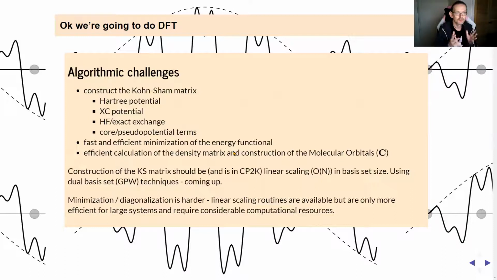Once you've got that, you can calculate forces, either analytically or numerically, or some mixture in between, which then allows you to move the atoms. So the first bit I'm going to talk about is how the Kohn-Sham matrix is built. And then I will talk briefly about